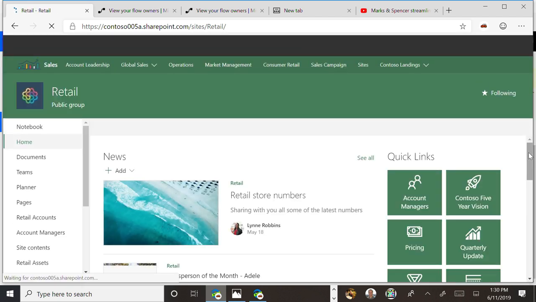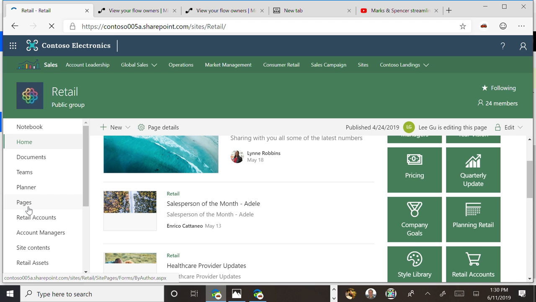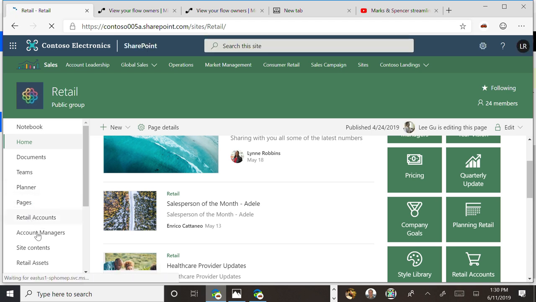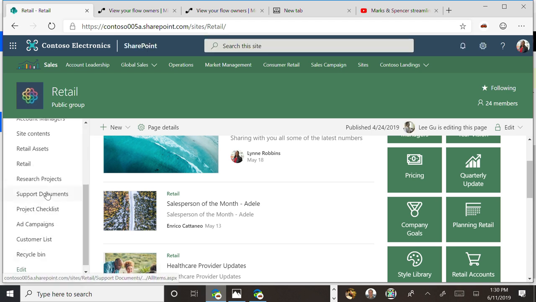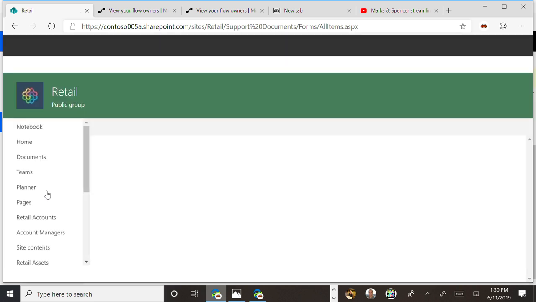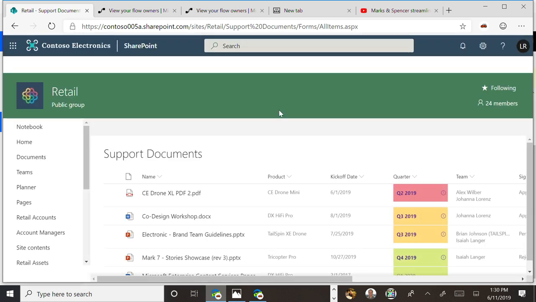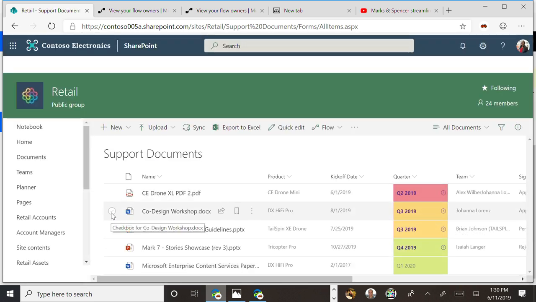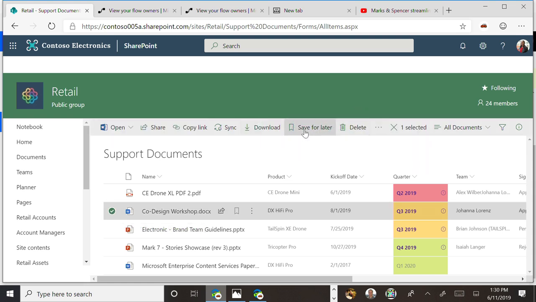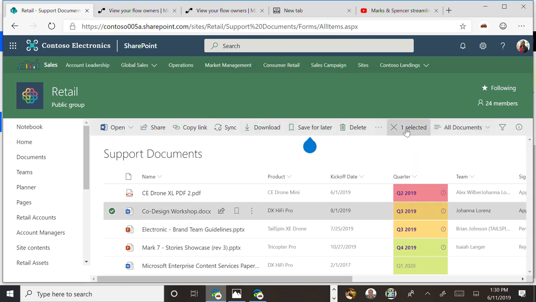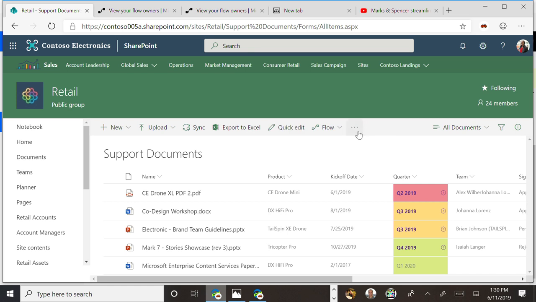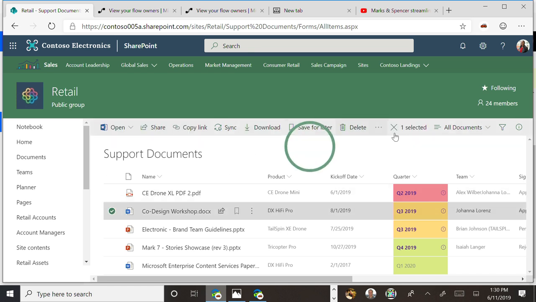So let's come back into this environment, and I want to go down to my support docs. And one of the things I might want to do is build a custom flow.